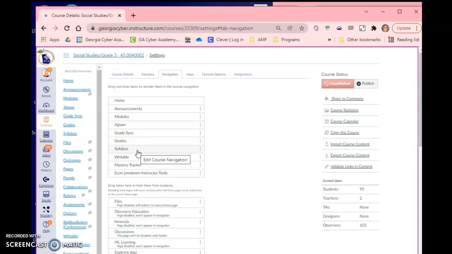Your syllabus is pulled up if you're elementary grade band. If you're primary grade band, you don't have to pull your syllabus up, it's somewhere else. And any kind of tools that you use specifically in your class. So this is an ELA class, they use some of these. So make sure that all of those are there. You have to have that announcements, modules, Jigsaw, GradeSync and grades, and syllabus if you are in